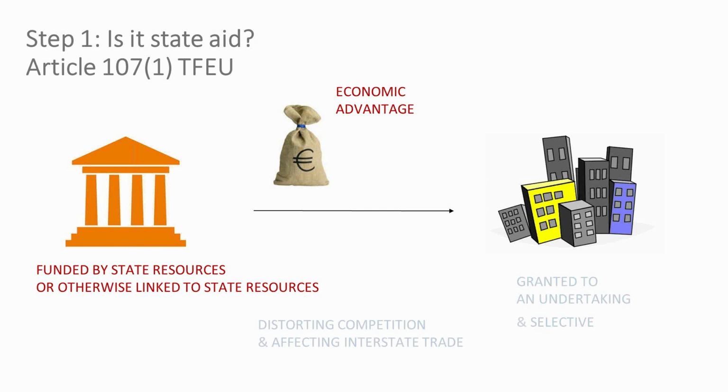If there is some sort of state involvement, or at any point of time these resources are under public control. So the origin of resources is rather irrelevant. What matters here is the degree of state intervention in this mechanism. What about capacity markets? For instance, France, when designing its capacity market, argued that there are no state resources involved because the state just organizes the transfer of private resources. It creates a market mechanism, and that's all. That there's no impact on the budget.